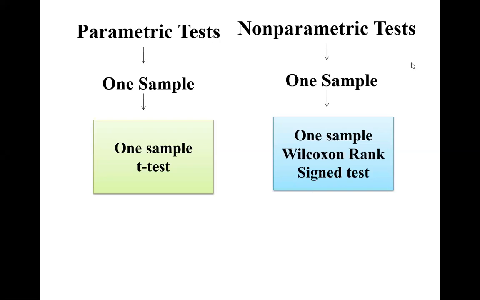Okay. Now, if my data is not normally distributed, then among non-parametric tests, for one sample we use the one sample Wilcoxon signed rank test. It is equivalent to the one sample t-test. Why am I using this non-parametric test? Because my sample of the one variable is not normally distributed. That is why I'm using the one sample Wilcoxon signed rank test.